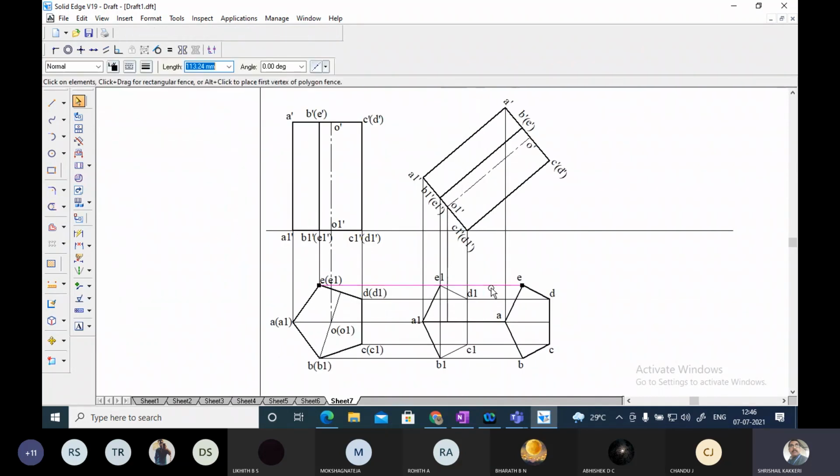Now this particular line has to be thick. This has to be thick. Now I am going to split this at the end of this one, and split this at the end of this one. And these two I am going to convert into visible lines. And remaining, so look here, this line and this line and this line should be thin lines.